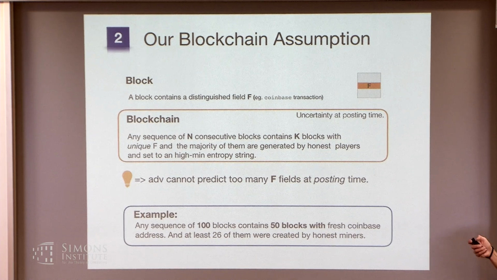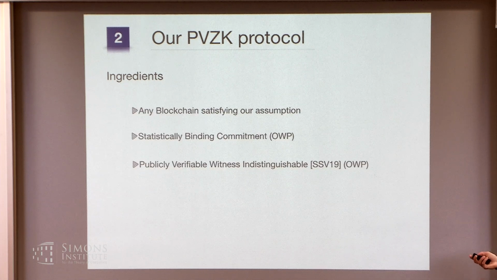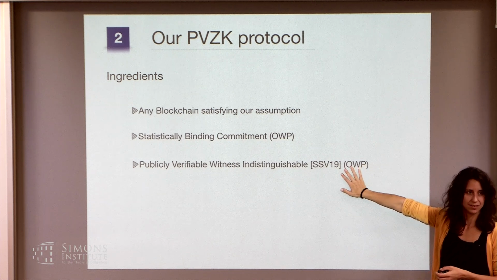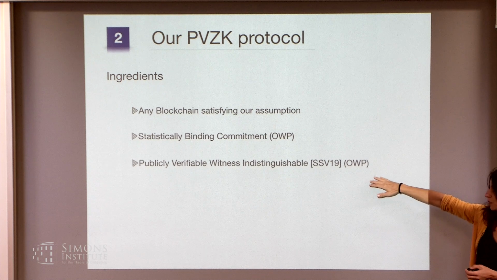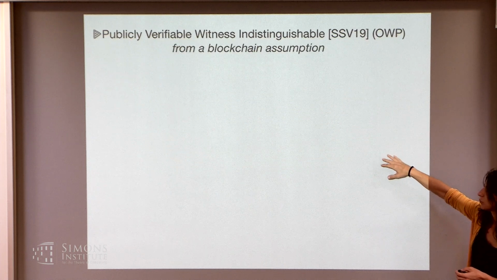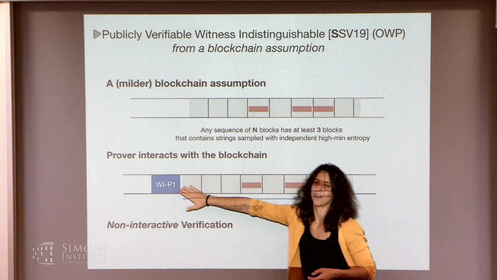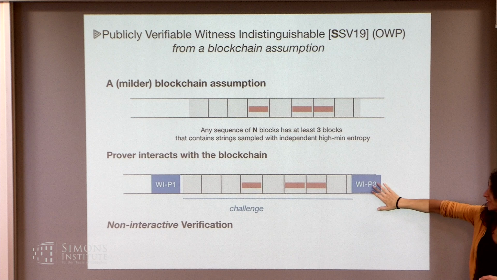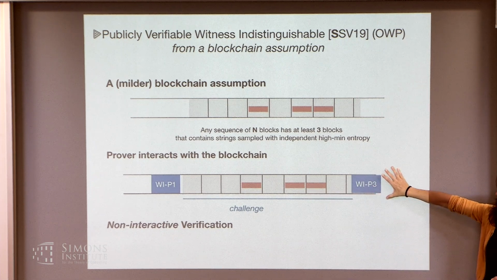All right, so very quickly, once you have this assumption, the next building block that we really need is this witness indistinguishability system, which is based on blockchain as well, which we constructed. This is how it looks: you put a block, then for the challenge you wait enough blocks, and then you have a third round. That's how you can use a Sigma protocol and turn it into